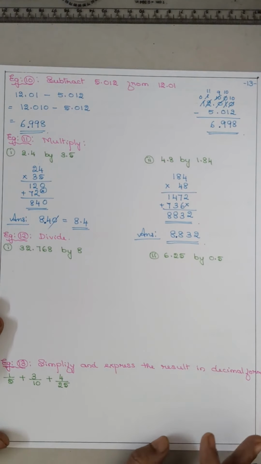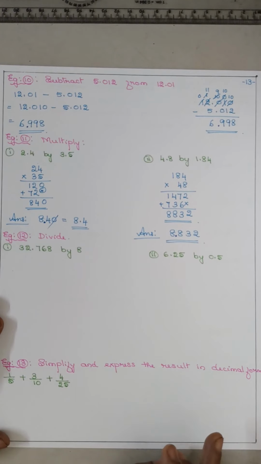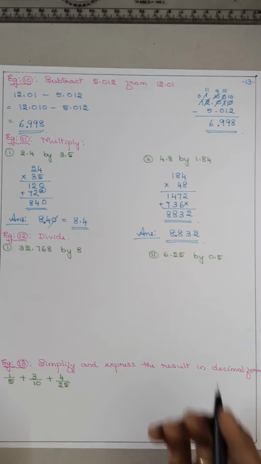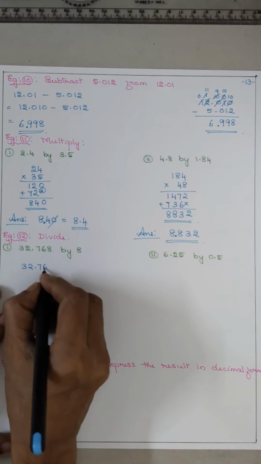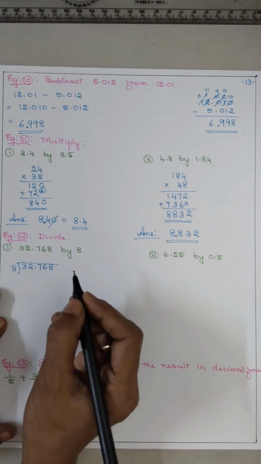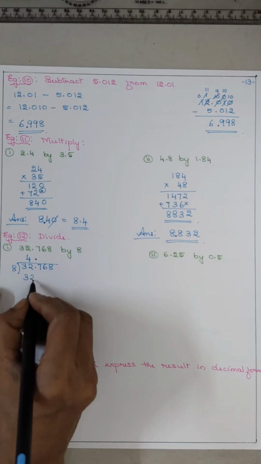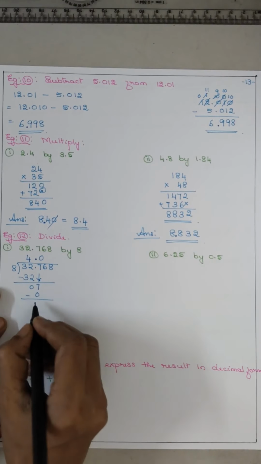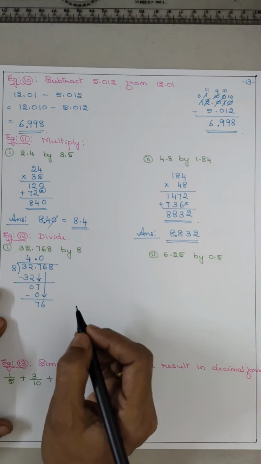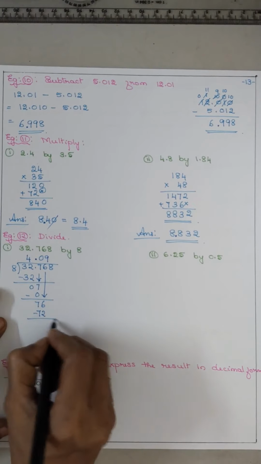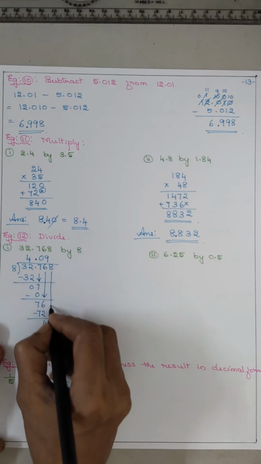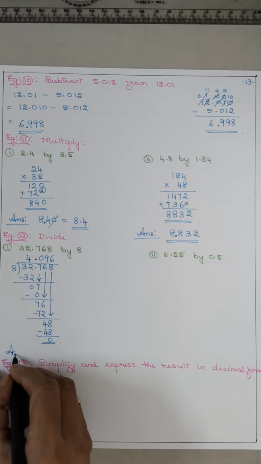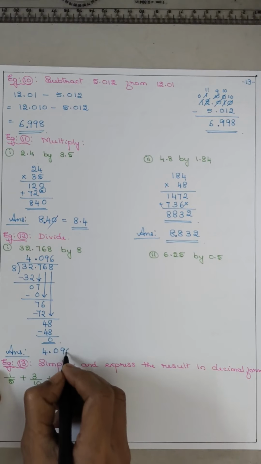Now divide. So for each of them you had addition, subtraction, multiplication, division. This is the 5th standard topic of ordinary decimals. Now divide 32.768 by 8. You can do long division. 8 4s are 32, 0, bring 7 down, small, so 0, 0. 7, bring 6 down, 76 means 9 eights are 72, it is 6 minus 2 is 4, bring 8 down, 48. So the answer is 4.096.